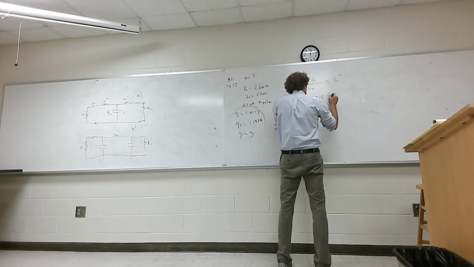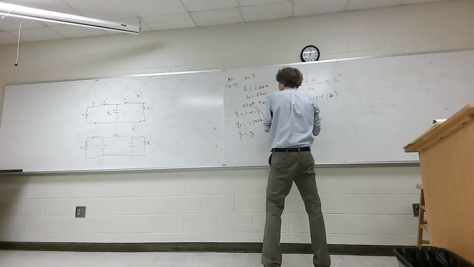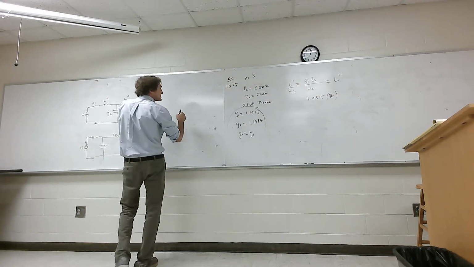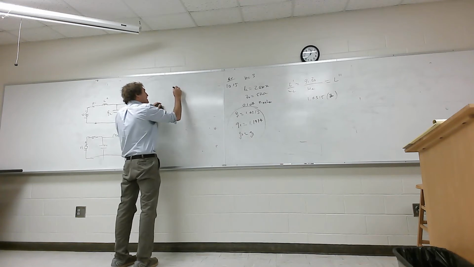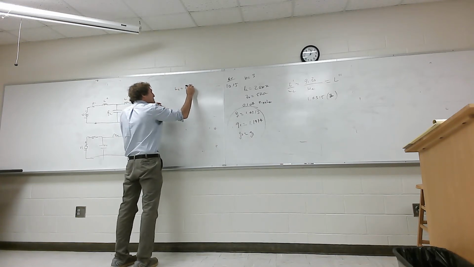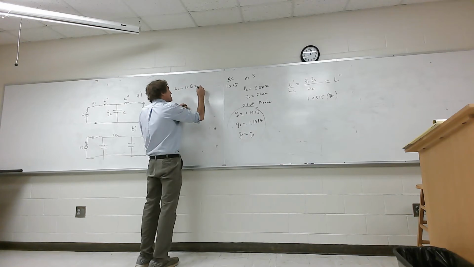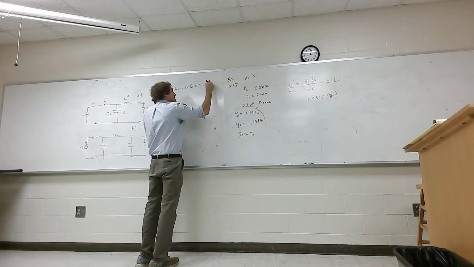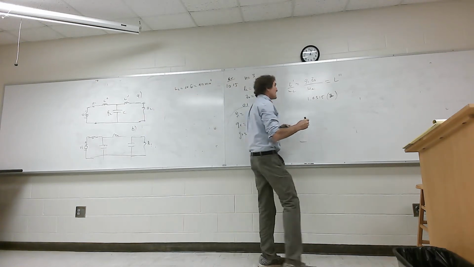Then I multiplied by Z0, which is 50 ohms. I'm just going to put it times Z0. And over here, I erased, no, I didn't erase it. Omega C is 2 pi times FC, where it's 2 pi times 2 gigahertz, or 4 pi times 10 to the 9. Now, if you do this calculation,